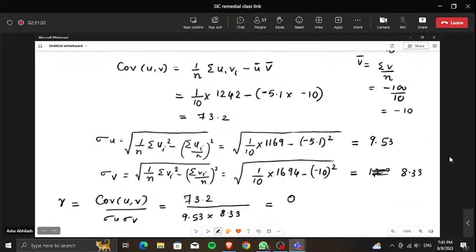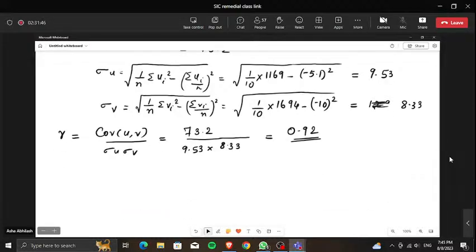Yes, 0.92. So you can see that the value lies between -1 and +1. It is towards the +1. So I can say that this is highly positively correlated. Okay. So I can write the comment highly positively